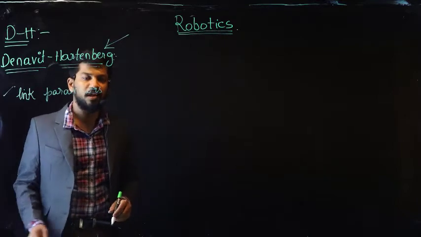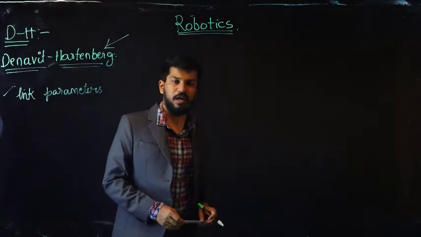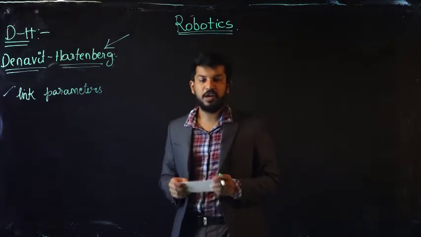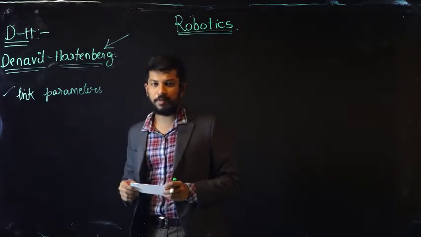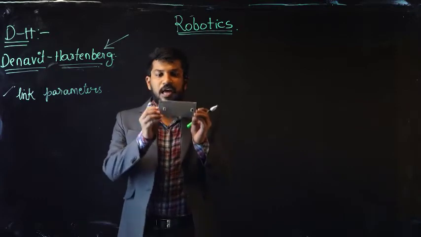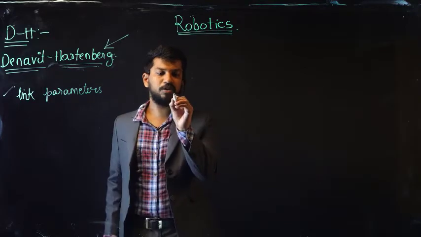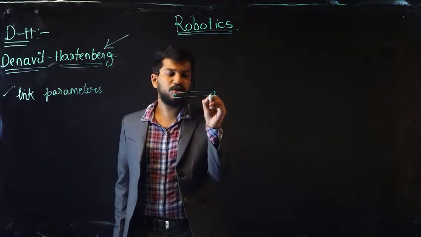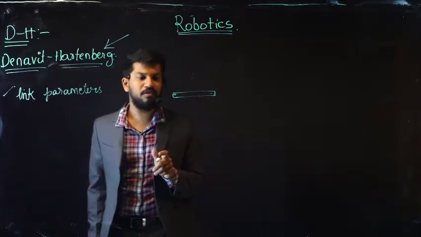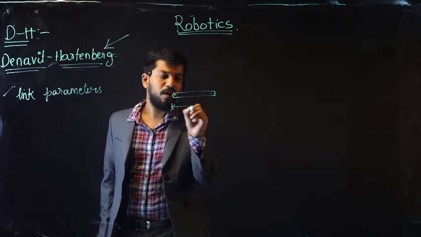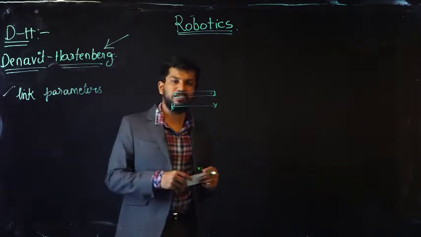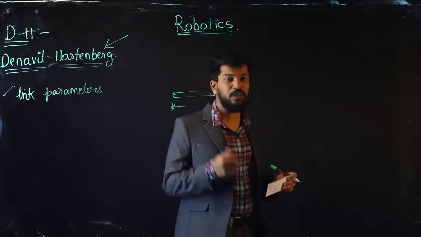As I have already said, in robotics we mostly have mechanisms entirely operated by links. So what are these link parameters? Suppose we consider any such link. Earlier we learned that suppose this is my link. If anyone asks you what the length of this particular link is, we would say that the distance between these two edges gives the link length. But here we will change that definition to be relevant to robotics.